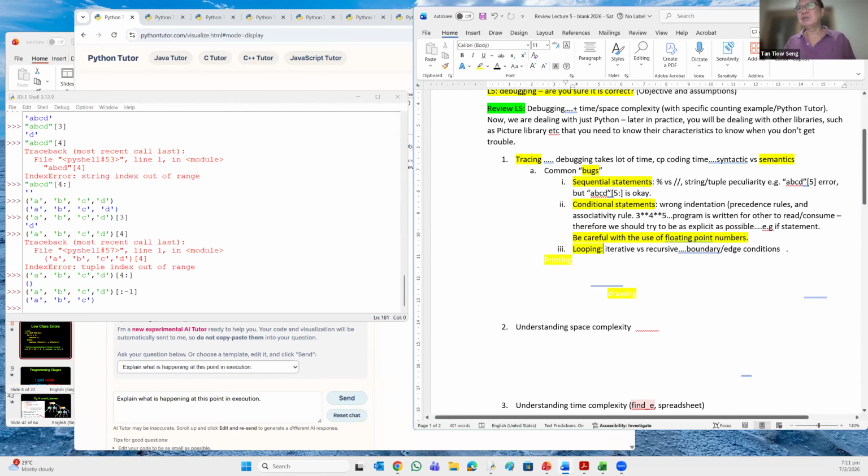So for the case of conditional statement, we saw this 3 to the power of 4 to the power of 5. Because of either left or right associativity, you could have 3 raised to the power of 4 raised to the power of 5 first, or 3 raised to the power of 4, then raised to the power of 5. So which is which? In this case, it is right associativity. So the 4 to the power of 5 first,